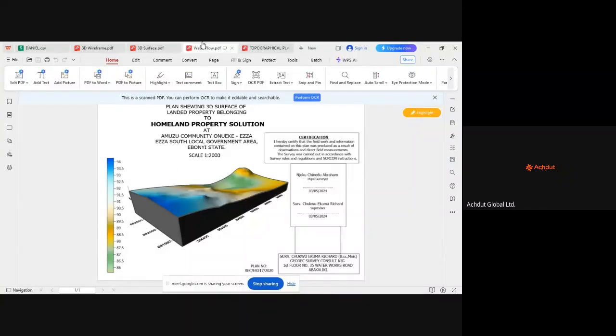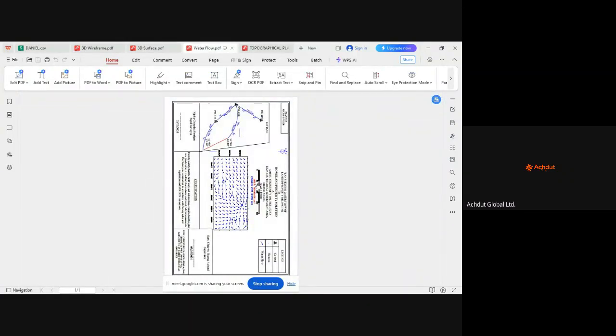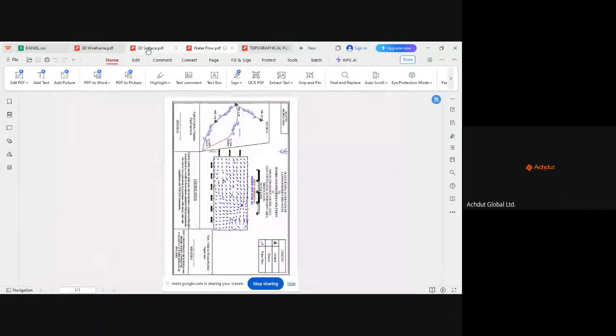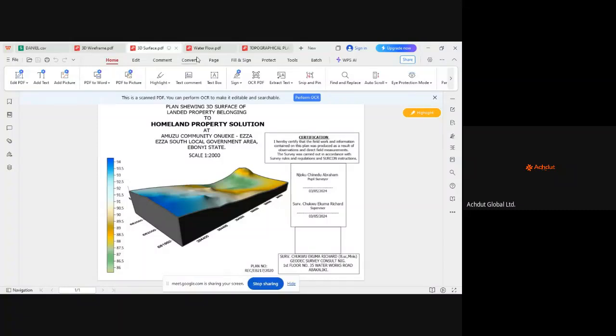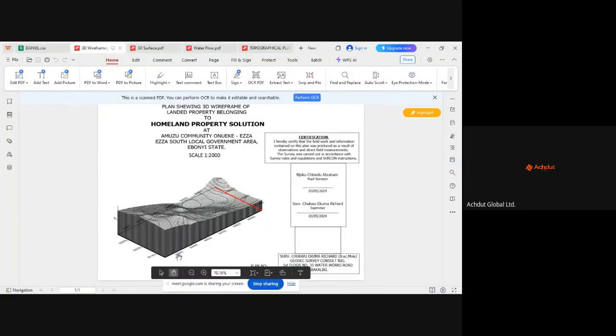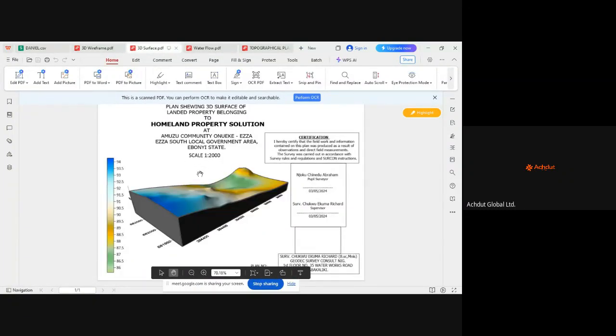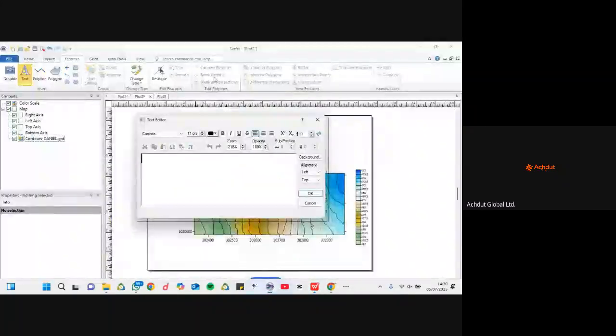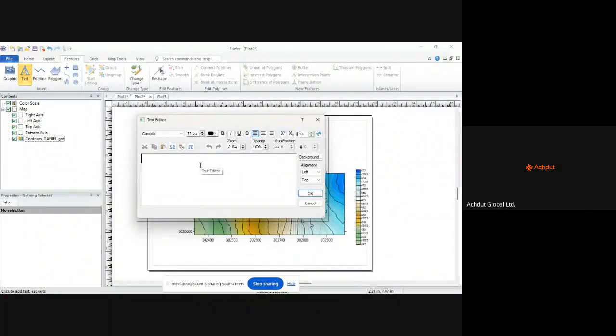So what I'm trying to say is this one we now take to AutoCAD to design the interface, right? This one was designed inside SURFER, and this was designed inside SURFER. So let's try to get something like this. We are going to make the design like this. So where's our SURFER? We are going to say plan